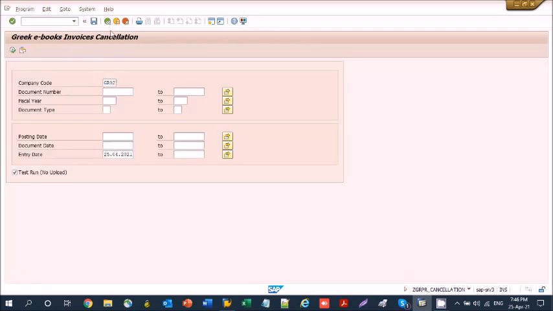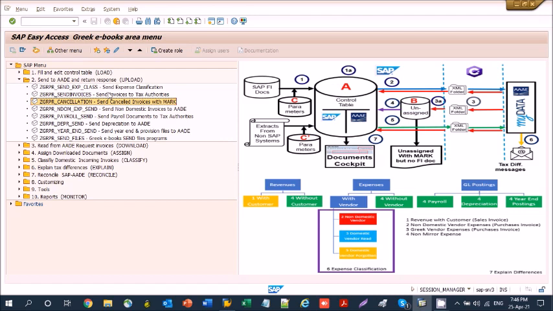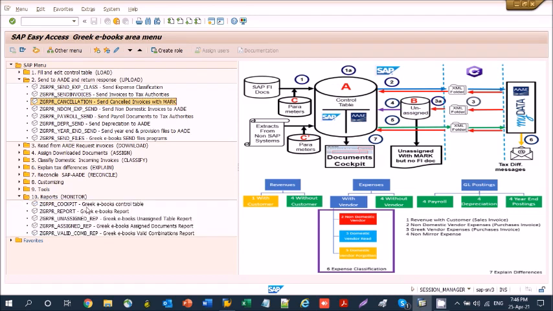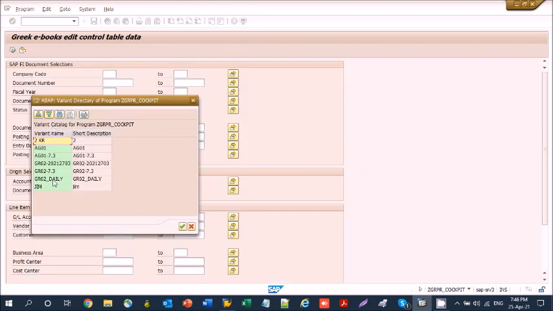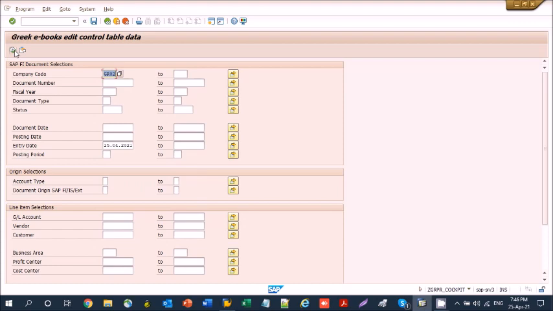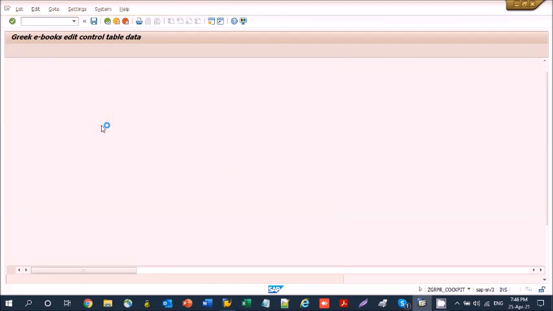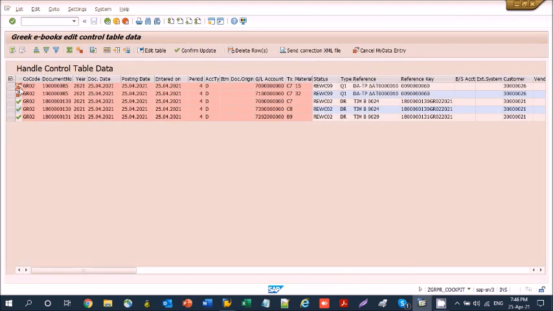We could have the same result by selecting the lines in the cockpit. Now you see the cancel icon.